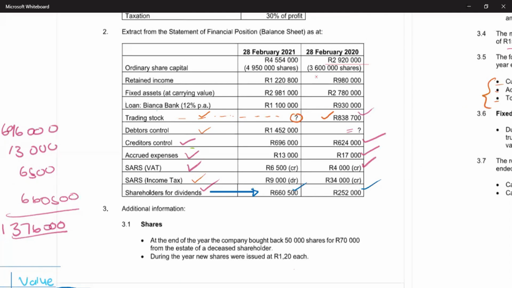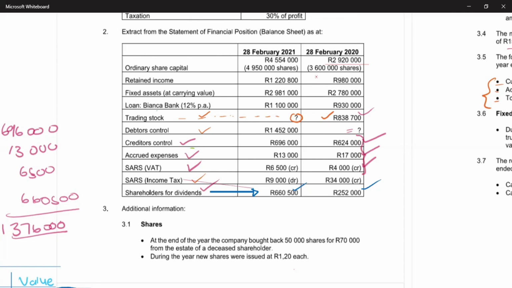Now, why don't we include it under payables here, to be precise, when we are preparing this cash generated from operations note? The reason is that, remember, on your cash flow statement, when you're calculating taxation paid, you're going to be making use of these balances for your SARS income tax, right? So when they ask you to calculate the taxation paid, these are the balances that you're going to use. You're only going to use them whenever you're calculating taxation paid. So now when we're calculating our payables, even though SARS income tax is a payable, we need to exclude it here, because we're going to use those two balances when calculating taxation paid. So here, our payables would only be these three,